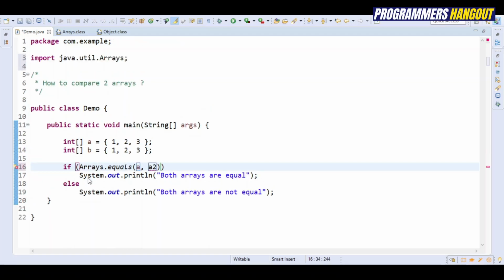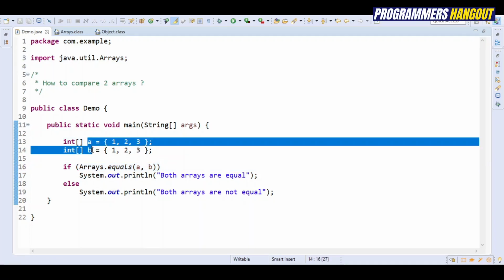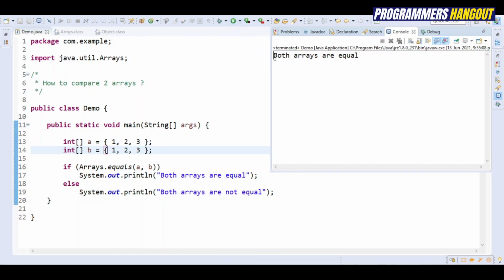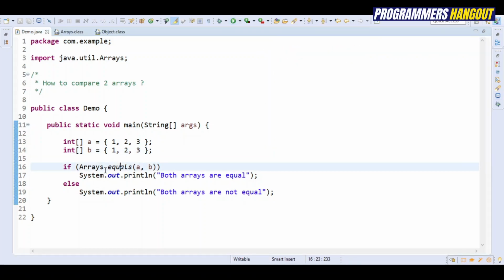This is in the java.util package. Here I'm comparing A with B. Both have different references. The result is both arrays are equal. So this is comparing the elements inside both the arrays.